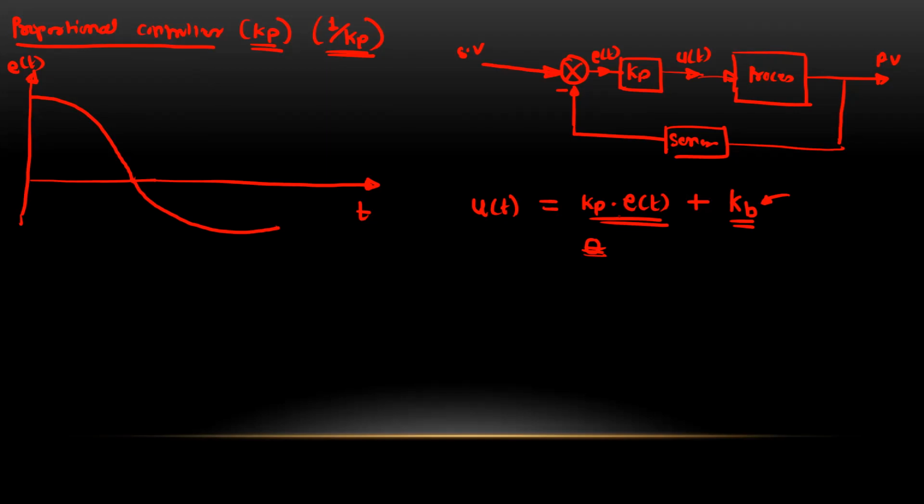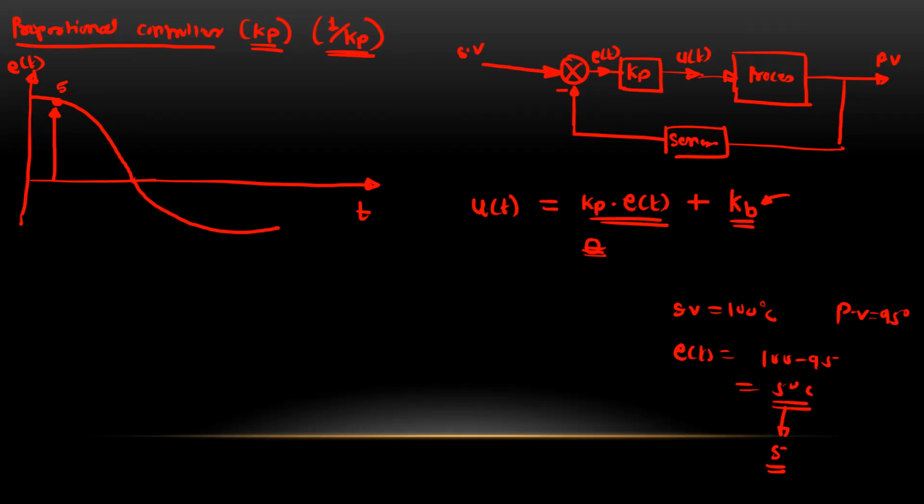So basically this Kp will just multiply the error. You can observe here, suppose we have a positive error. Let us take the error value as 5, just take one constant. 5 means what? Suppose the set value is equal to 100 degrees Celsius, and the process value is equal to 95 degrees Celsius. So error E of t will become 100 minus 95, that is equal to 5 degrees Celsius.